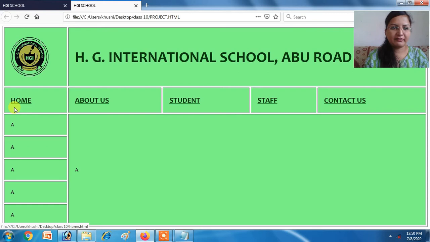Okay. Here we have to remove this underlining. Okay, it is not looking good. You might have seen on websites also that the links are not underlined. Simply when we bring the mouse on this link, the hand icon appears. It seems like we have to click on it.